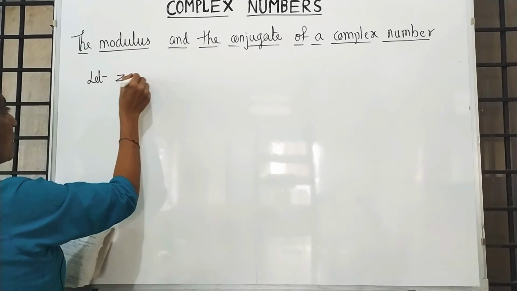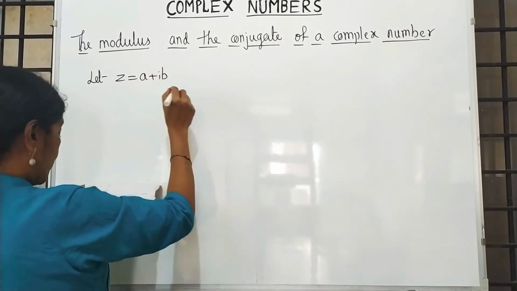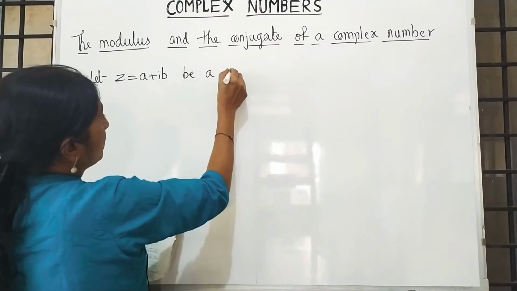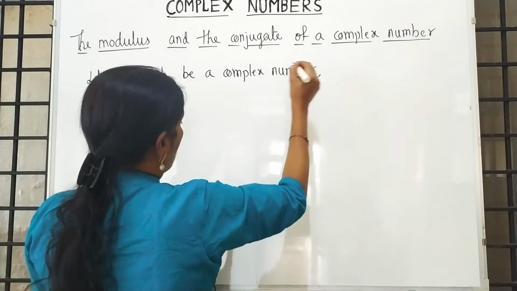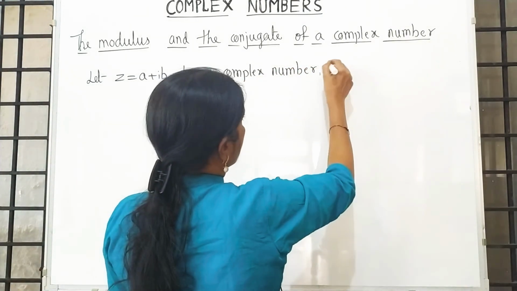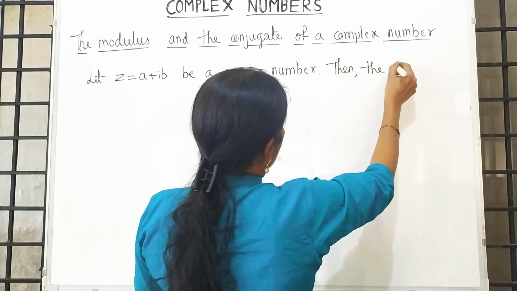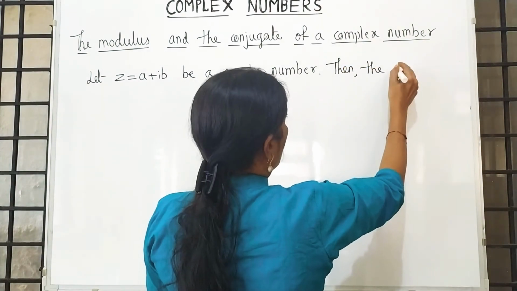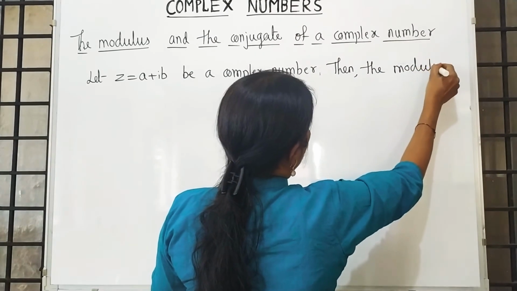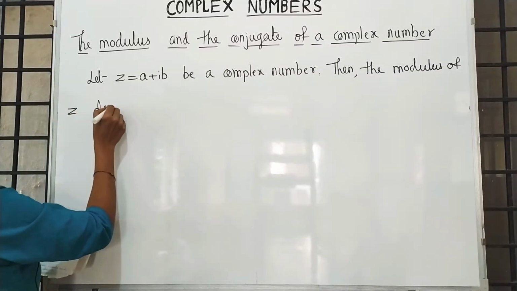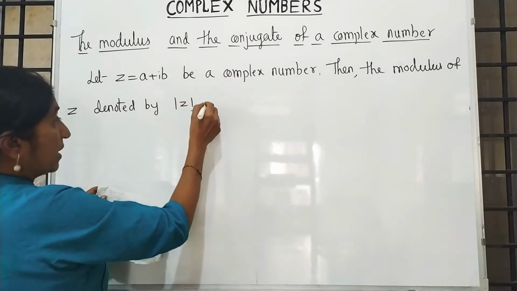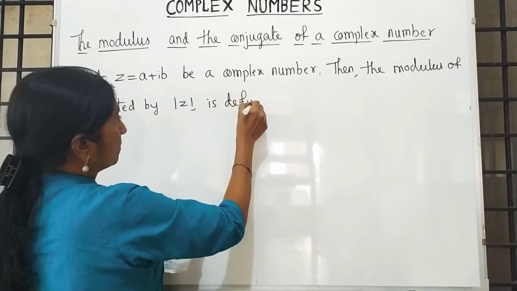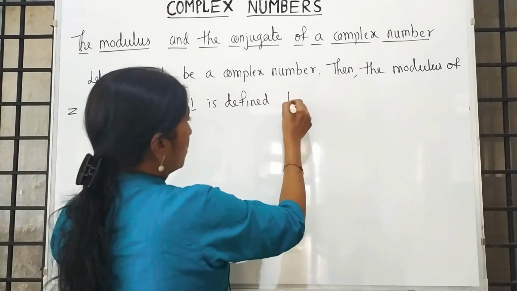Let z is equal to a plus ib be a complex number, then the modulus of z, denoted by mod z, is defined to be